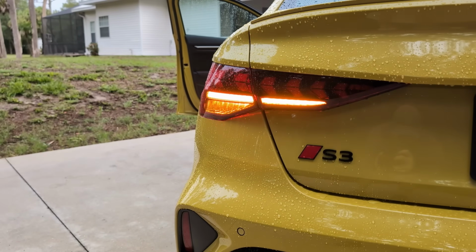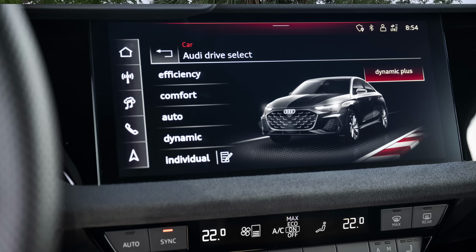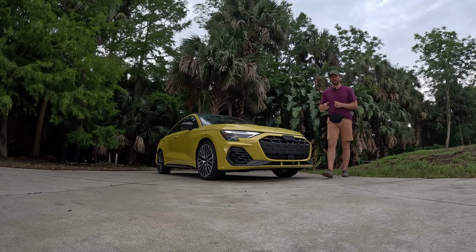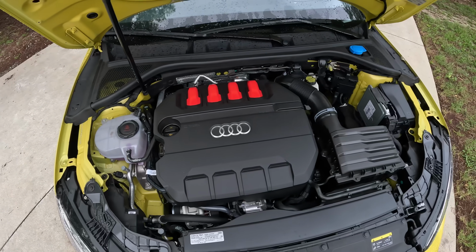2025 Audi S3, it has been updated. We got more power, better performance, better torque vectoring, all new technology. Is it a better vehicle than the Acura Integra Type S? Today we'll find out. Lifting this Python yellow hood, we have a gorgeous engine presentation, a little bit black plasticky,